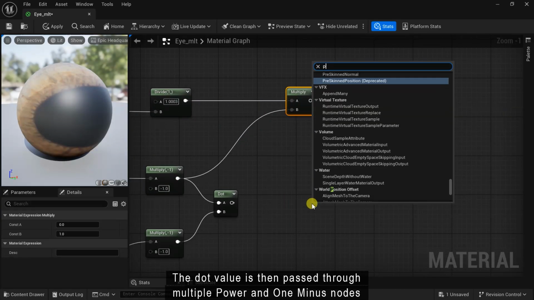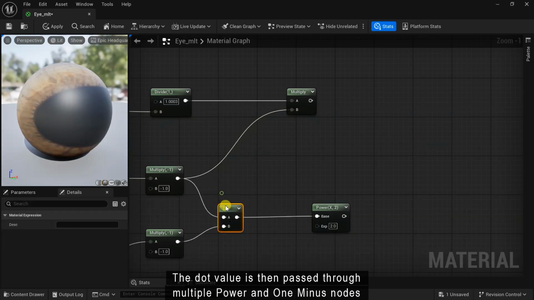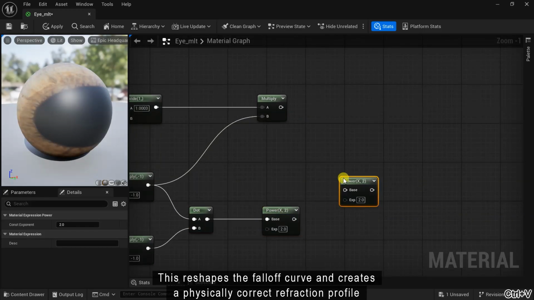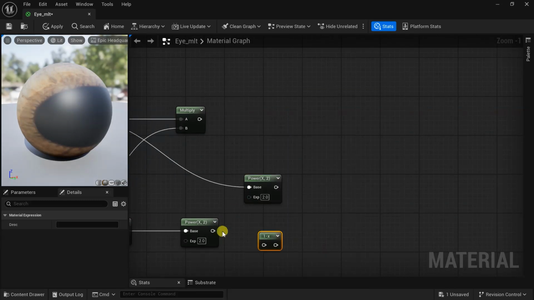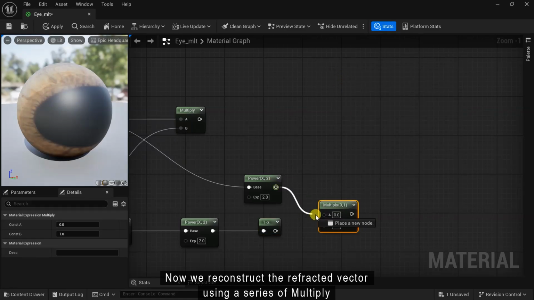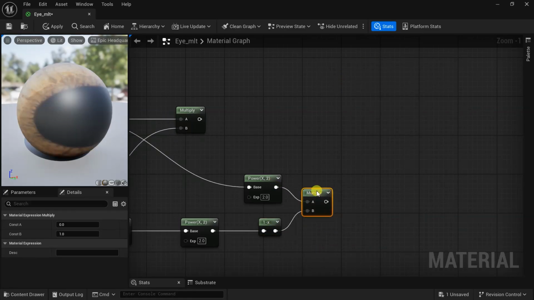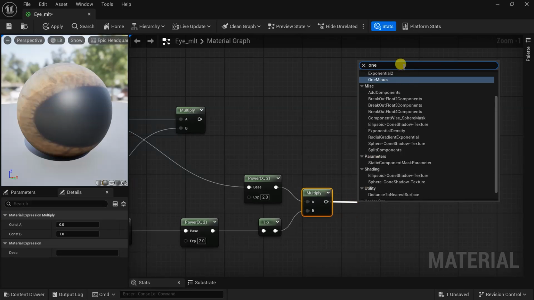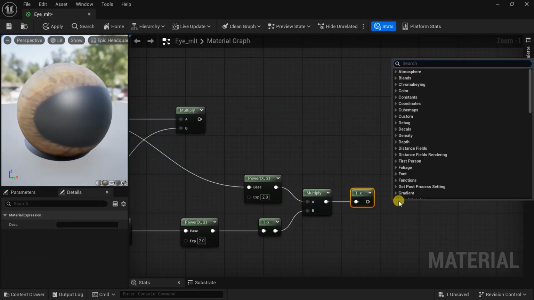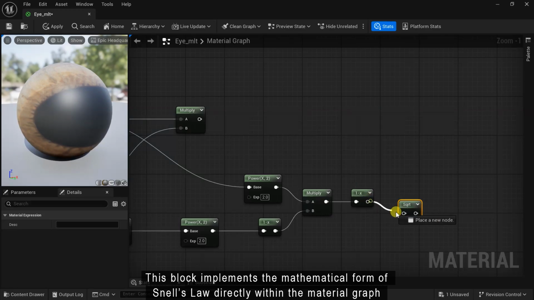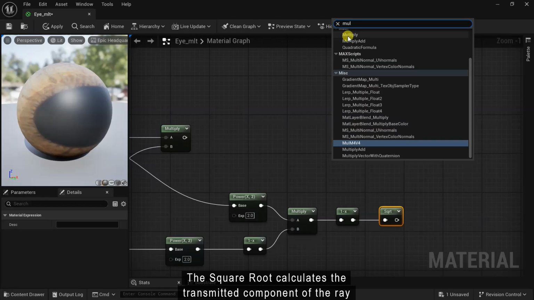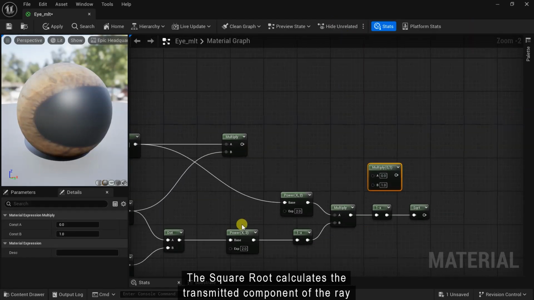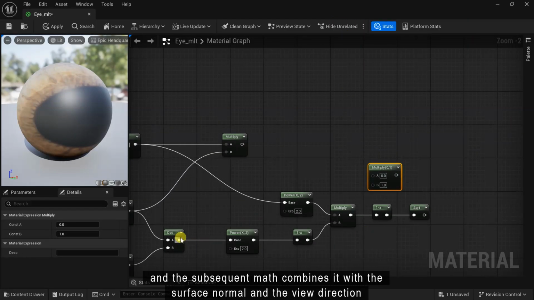The dot value is then passed through multiple power and 1 minus nodes. This reshapes the falloff curve and creates a physically correct refraction profile. Now we reconstruct the refracted vector using a series of multiply, 1 minus, and square root nodes. This block implements the mathematical form of Snell's law directly within the material graph. The square root calculates the transmitted component of the ray, and the subsequent math combines it with the surface normal and